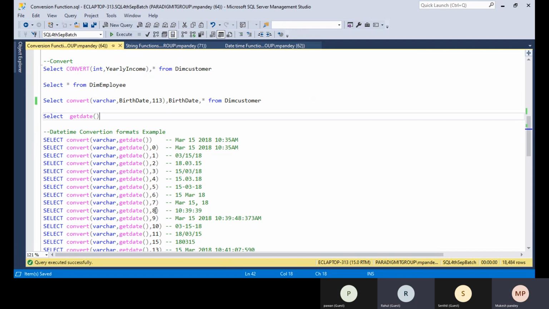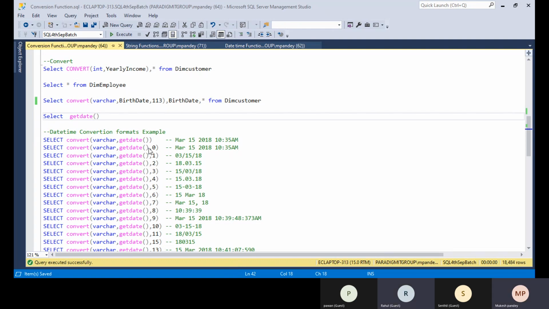Yes, actually in real time, for the output purpose, the data is available in only one format in the database. But the client wants a particular date time format because the data set will be used in different applications also. So most of the time we will use the convert function to convert the date time. They will tell you in the requirement section that I want to display the data in this particular format only. At that time you can use this convert function. Got it. Thank you.